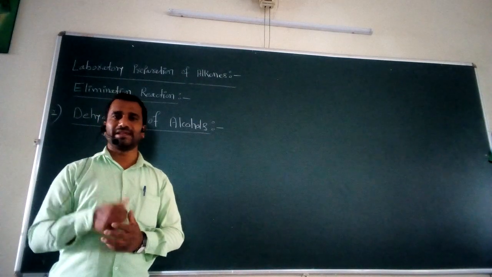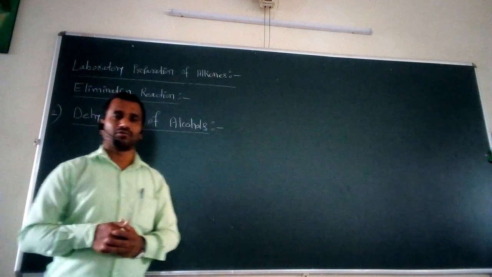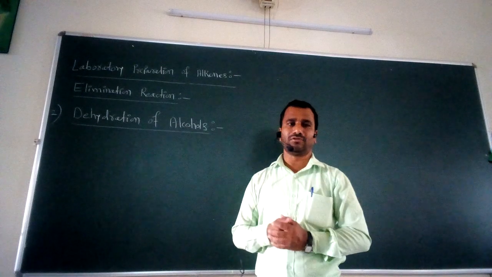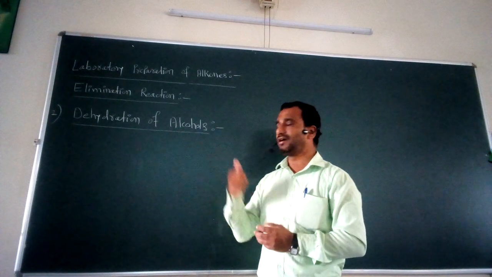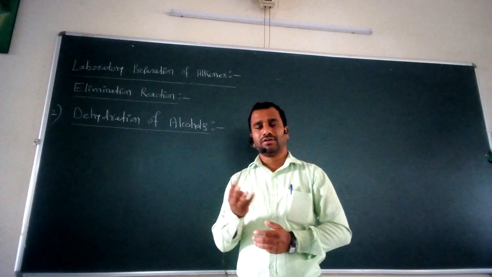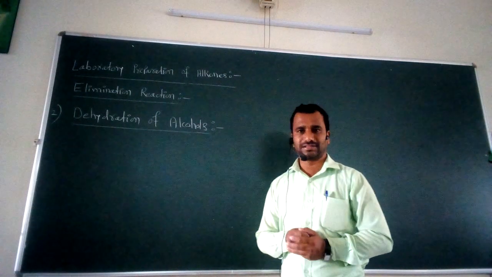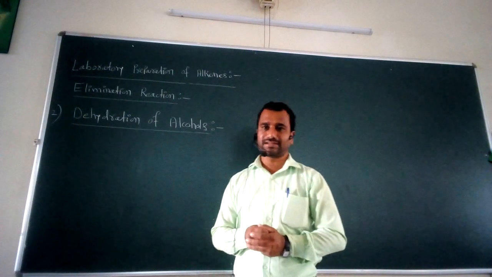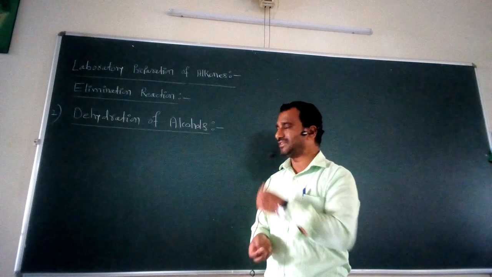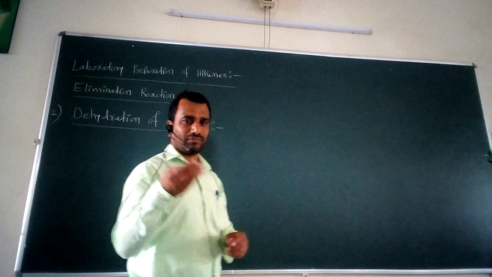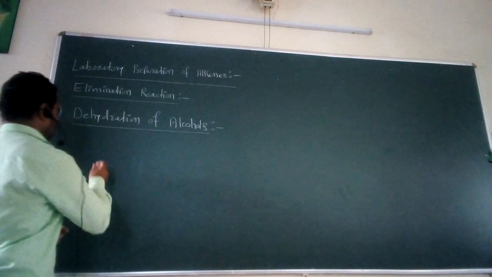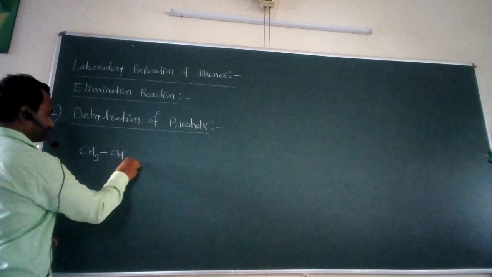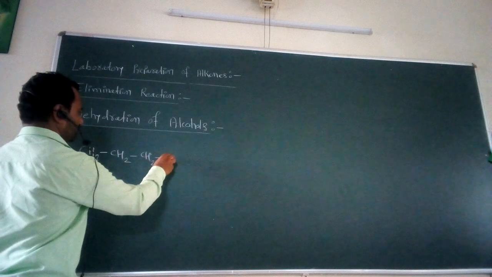And we know that the suitable reagent for this dehydration is nothing but concentrated H2SO4. We have to take the concentrated H2SO4 at a temperature of 160 degrees centigrade. You may take phosphoric acid. So, whenever we take these types of reactants and reagents at a particular temperature condition, what happens? The alcohols undergo dehydration to form the alkenes. So, for this reaction, for our convenience, I take a simple alcohol molecule as CH3, CH2, single bond CH2, OH.